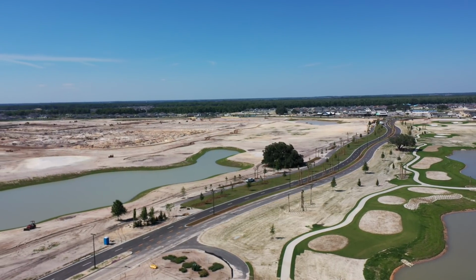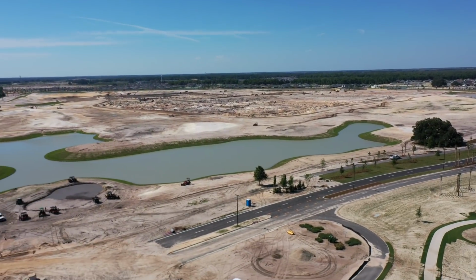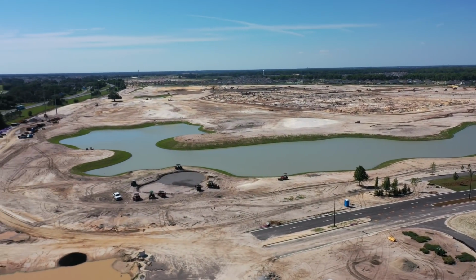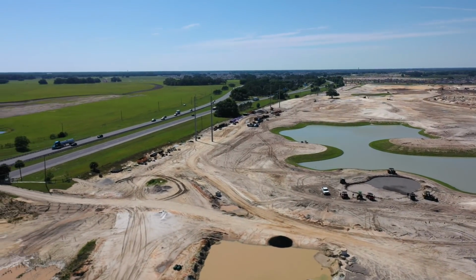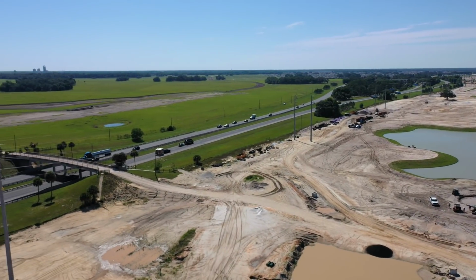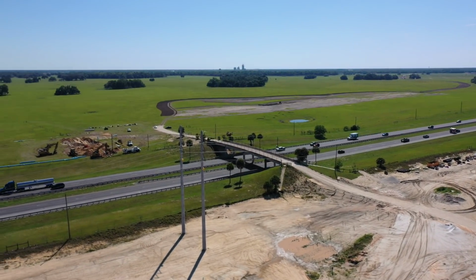That's the Southern Oaks Golf Course. They finished that roadway for Bexley. I don't think they want to just leave it here as a dead end for a long period of time. So I think we're going to see activity coming as soon as they have the permits for it. I don't know, maybe they have that, but I imagine that they're going to jump on it as soon as